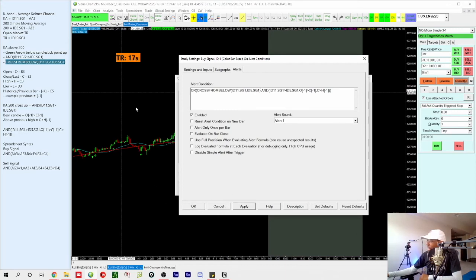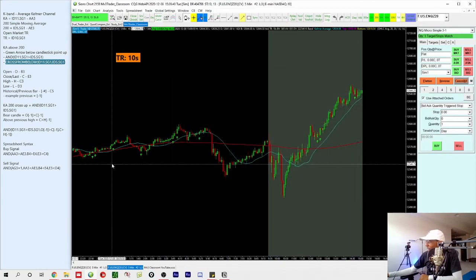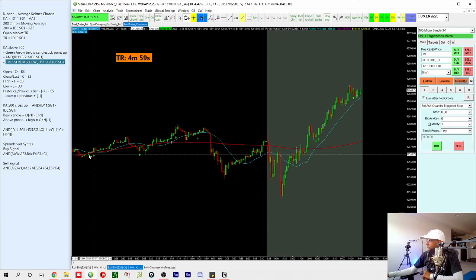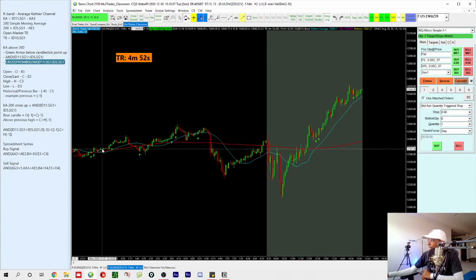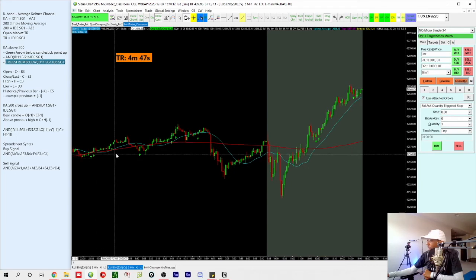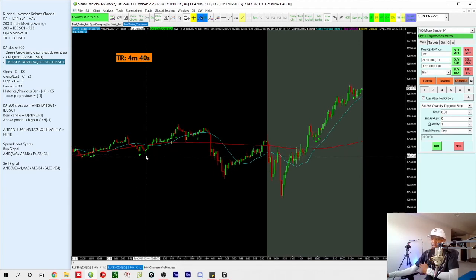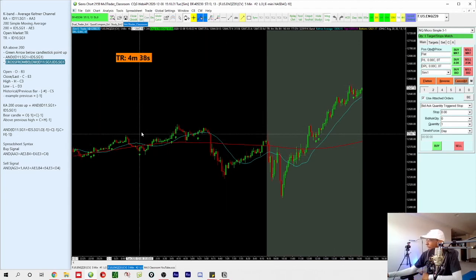If it didn't work, our alert manager would have popped up and told us how wrong we are. So now, okay, we can see not only do we have our signals from the previous and statement, where we're looking for a bearish candle, and then the current price, or the close, takes out the previous high of a bearish candle. Now we also have a signal for when the KA crosses over the 200. Okay, and then if you want to do that for the sell side of the game,